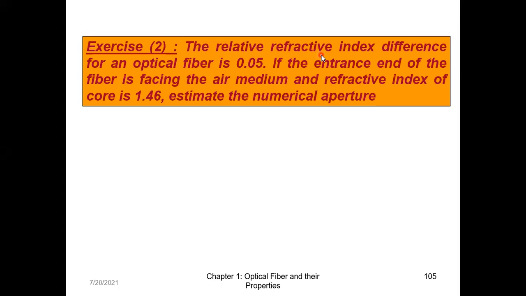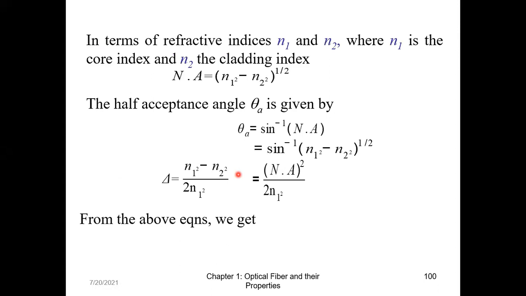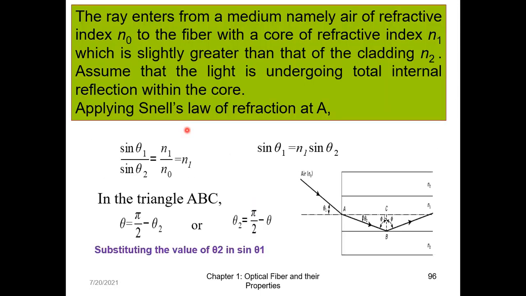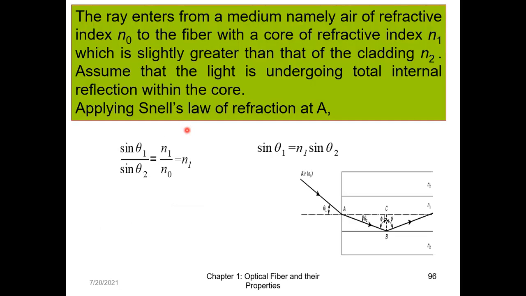Ma'am, the relative refractivity will come higher, right? It is N1 sin phi c. The formula is right. So look, it is N1 sin phi c, and N1 is already 1.5. Which formula are you using, Abhinav? Ma'am, the formula you gave for numerical aperture, NA is equal to N1 sin phi c. One minute. Others, what do you have to say to what Abhinav is telling? Is he saying cos phi c, ma'am? NA equal to N1 cos phi c.